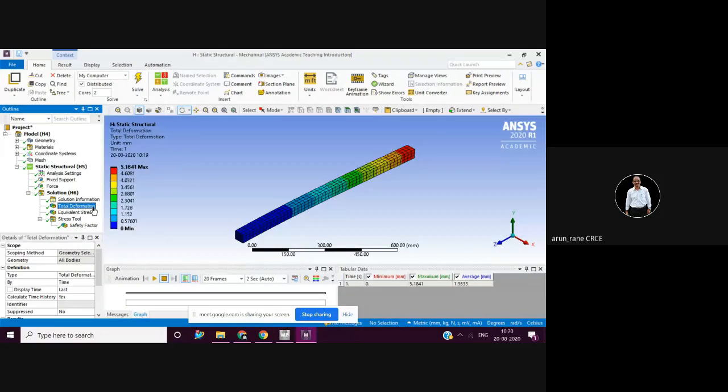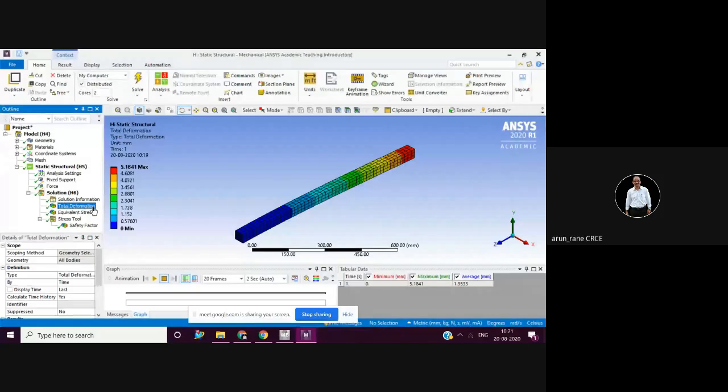Then my square size comes as 44.3 millimeter by 44.3 millimeter, and my I beam cross section comes as 72.1 by 72.1, and the web thickness is 10 mm. Then length I have kept the same in all three models, that is 1000 millimeter or 1 meter. Boundary conditions also kept the same: at one end it is fixed support, and at the other end we are applying the force, so it's a cantilever.